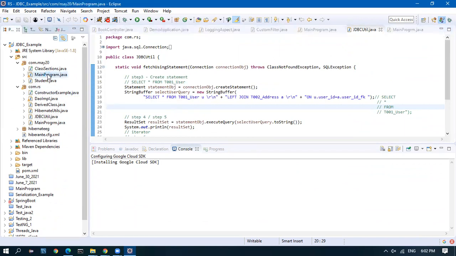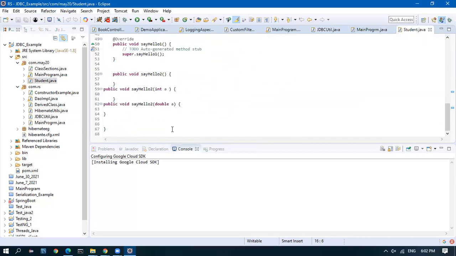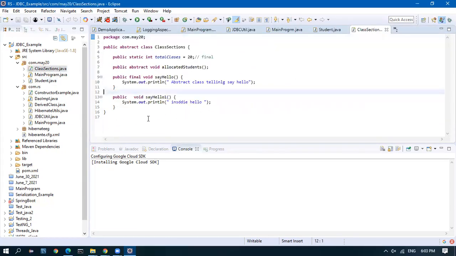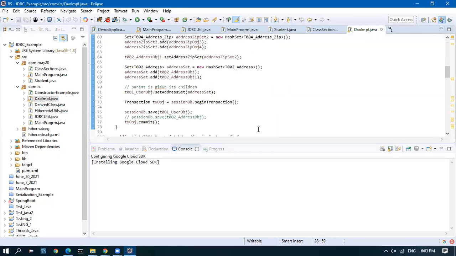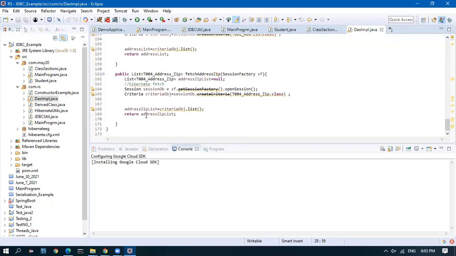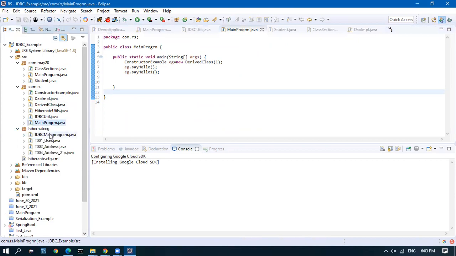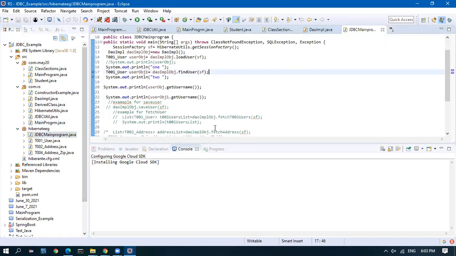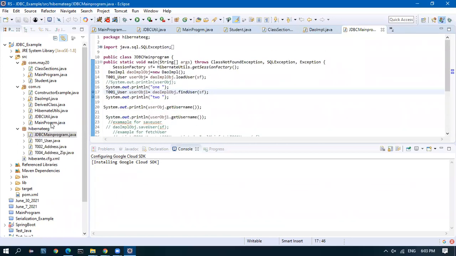JDBC util. Okay, so here it is. I have both of these examples.